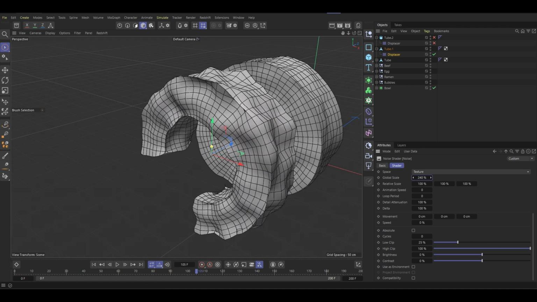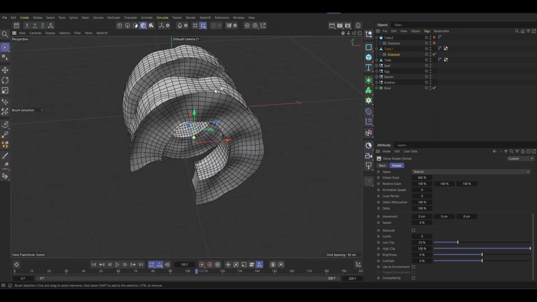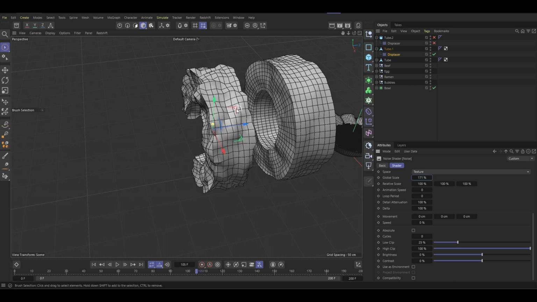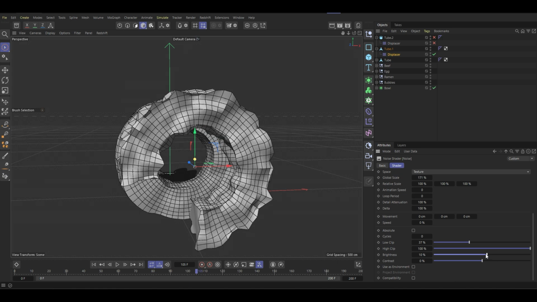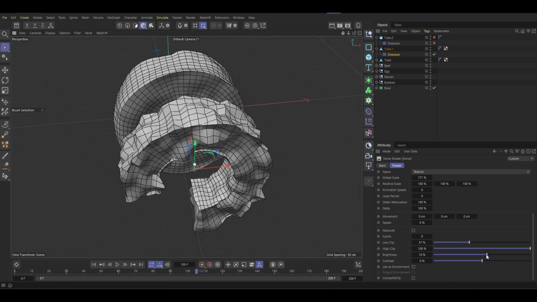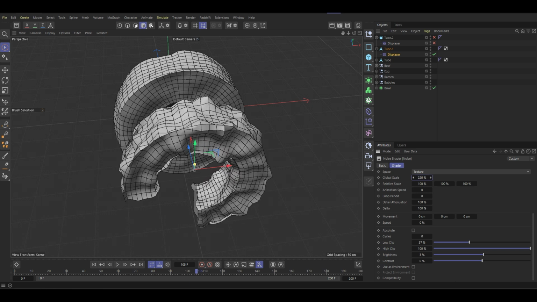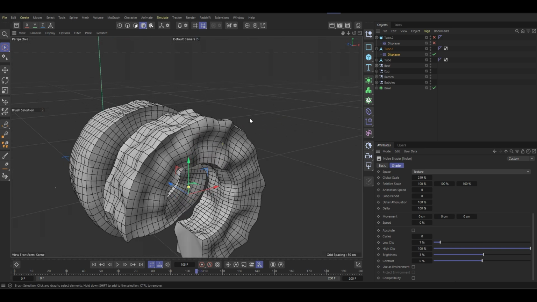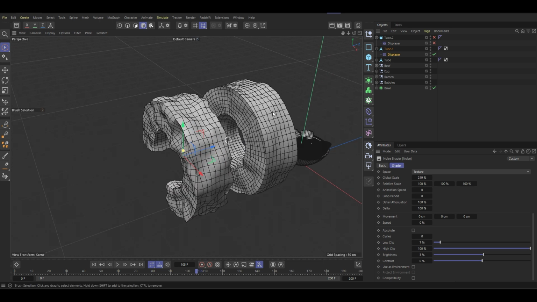And I feel like we can go like that, yeah. So yeah, something like this, you know, something like that. Yeah, it's looking okay. And for the last one,